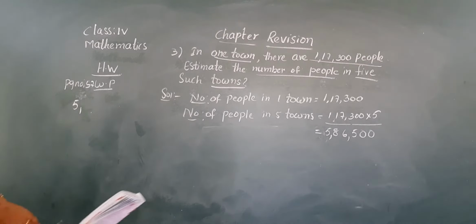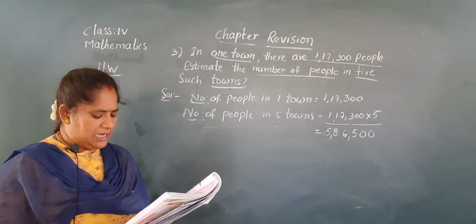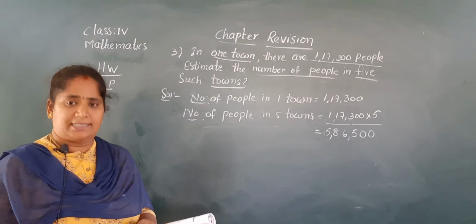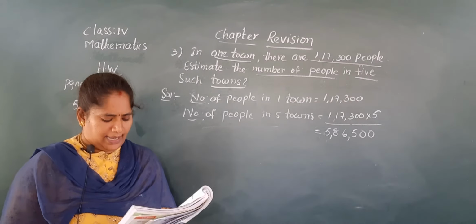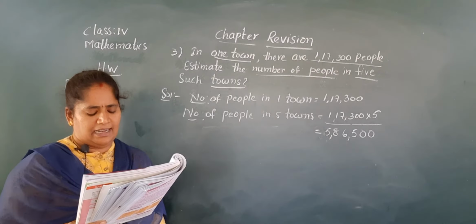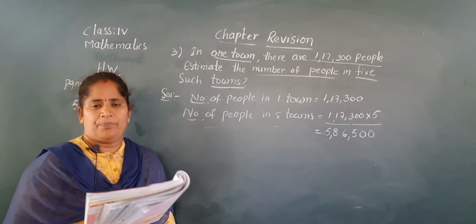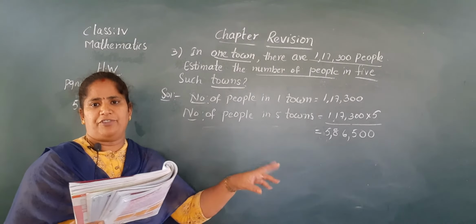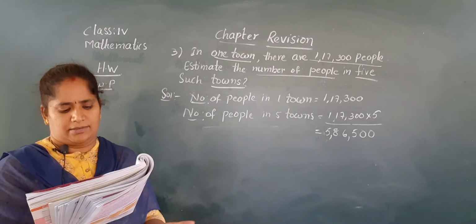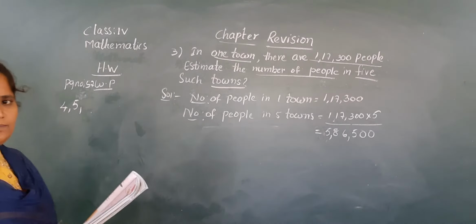Next, fourth question. See my fourth question. Afzal pays 5,200 rupees as rent every month. How much rent does he pay for 26 months? It's also a very easy problem. The rent Afzal pays for every month, and the rent he paid for 26 months. Rent paid for 1 month and rent paid for 26 months, direct multiplication. And the fifth one also as homework. So 4, 5 word problems as homework.